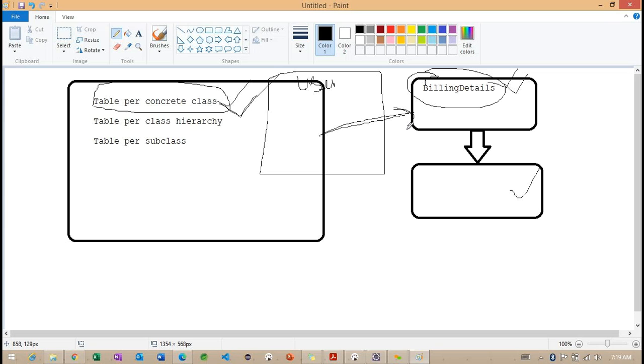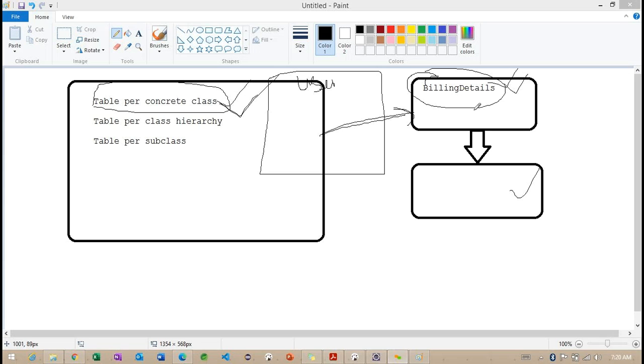We need to understand how these classes are going to communicate. Along with these classes, we need to provide the query against this superclass. Getting the point? So now you need to understand how exactly this is going to work.